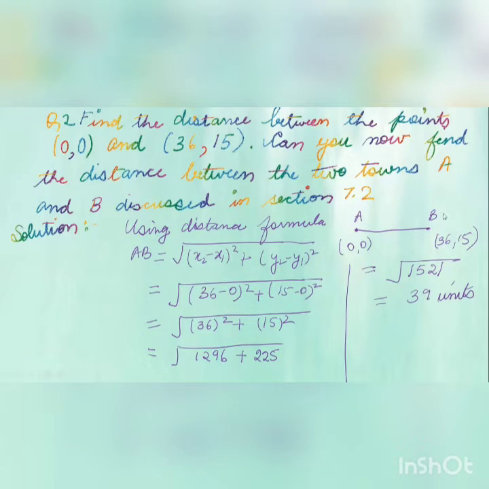So in this way you can solve it, and the answer for these two towns A and B discussed is the same. In the book it is given like this, that on this side the distance is 36 kilometers, and here it is given 15 kilometers. So you have to find the distance from here, and this will be 0, 0 origin, and this point will be 36 and 15. So the answer will be the same. You have to do it like this only for the second part also.